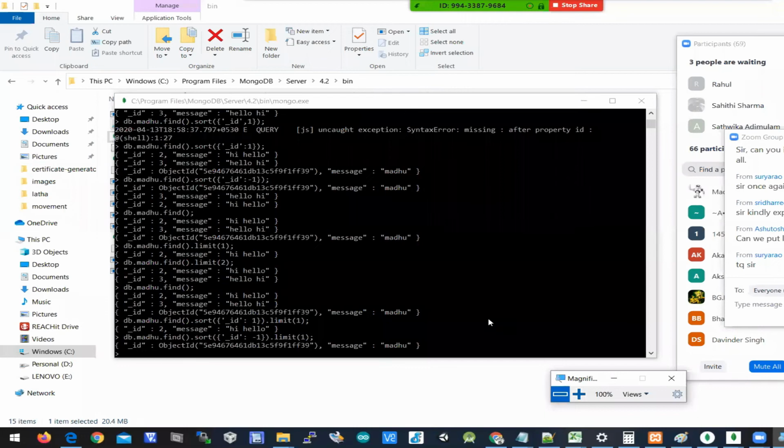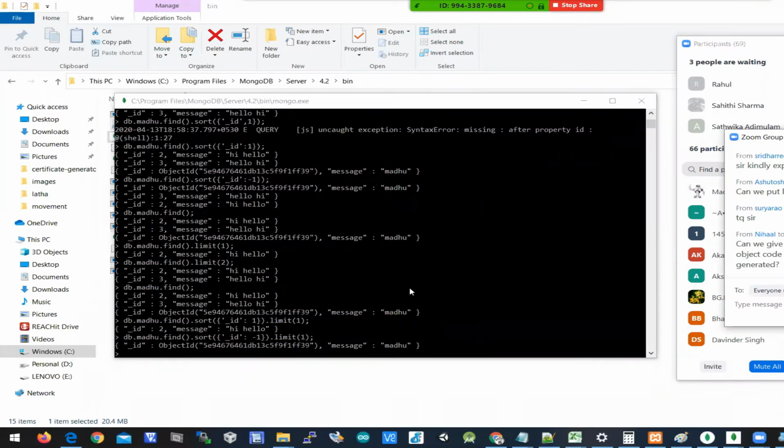So we are inserting only one document, right? At one point of time, we are inserting only one document. If we want to insert more documents, then all the documents should be in a list format. In Python, you are aware of a list, right? You will have square brackets open and close and put all your documents inside. Then you can insert as many documents as you want. I'll demonstrate it by using Python scripts.